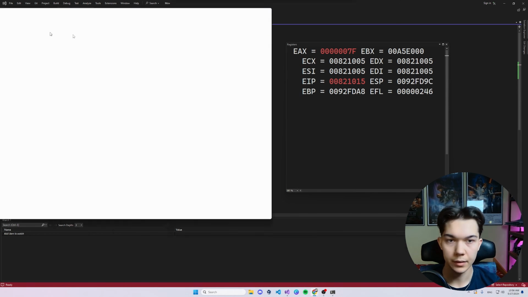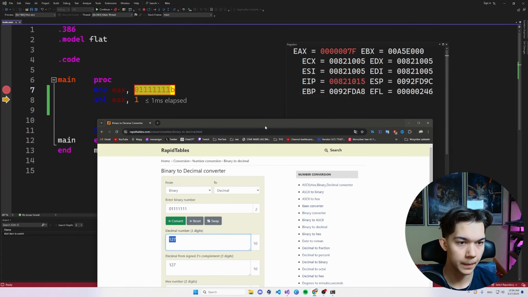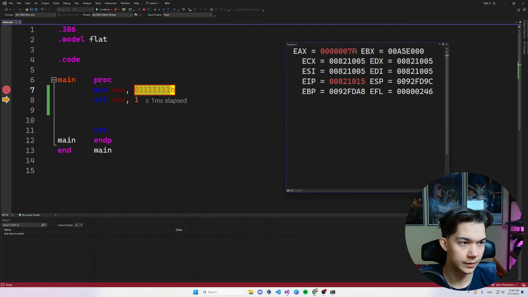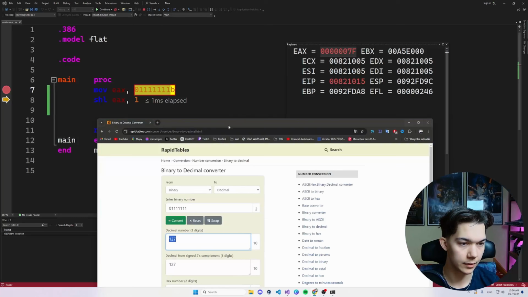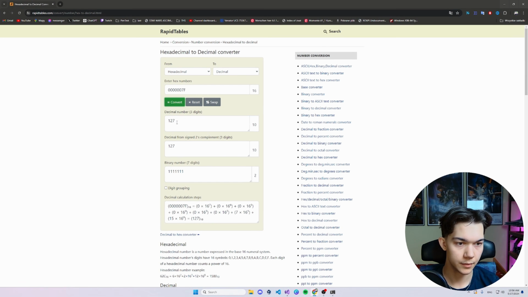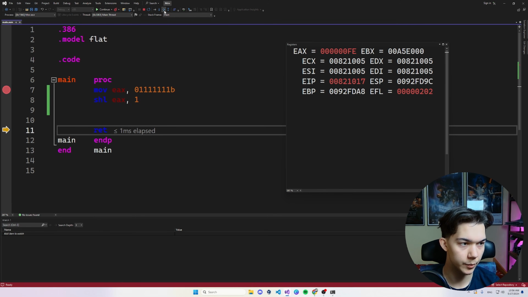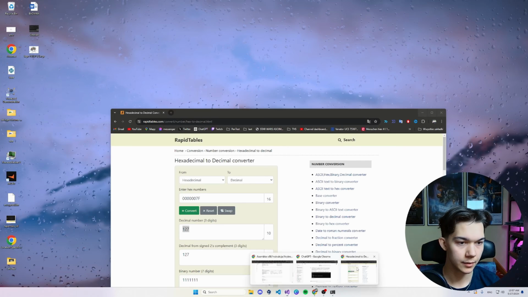It's going to be better visualized. So we go from binary to decimal first. It is 127, as you can see. And this register holds exactly the same value, but in hexadecimal, 127. Now, if you shift left by 1, let's execute this operation. We should have a completely different value, which is